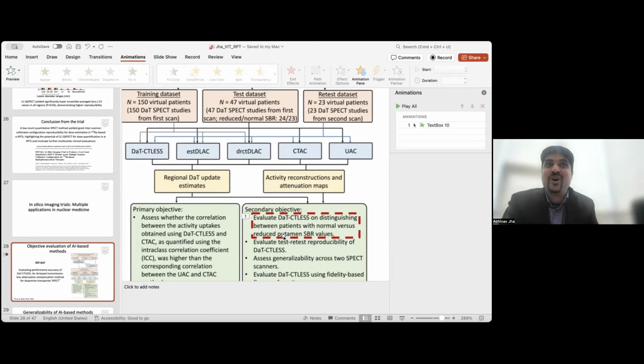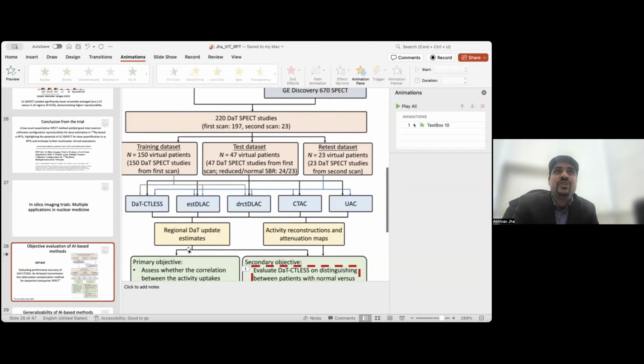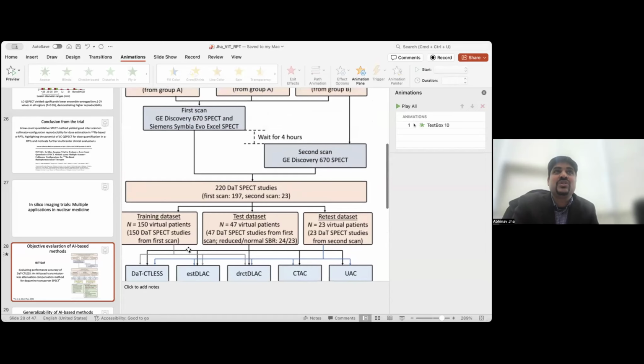So this was our secondary objective, and I'm really delighted to report that with our methodology, we were able to get similar values of the AUC, which is the way that you would quantify performance in terms of classifying, as we would have obtained with a CT-based attenuation correction approach. Now you will note that this was a secondary objective, so our study was not powered on this objective. Our power was based on the primary objective. So when we chose the number of patients we did, which was